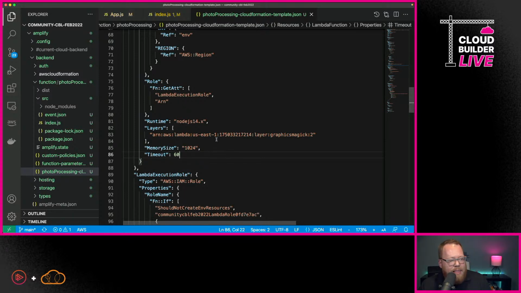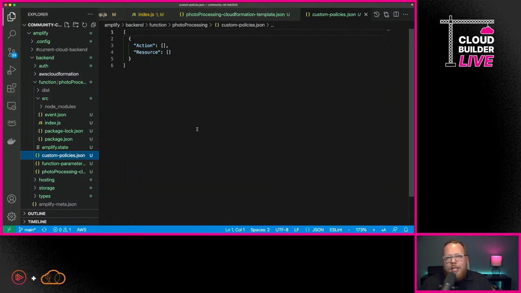So now that I've added that in, I'm going to show you another behind the scenes piece here. We talked a little bit earlier about IAM policies. Now, we need to give our Lambda function the ability to call Amazon Rekognition, because by default, it can't. So what I want to do here is highlight this and paste in a new value, which says that we want to be able to call detect labels on the Rekognition service, and we want to be able to do that on any resource for anything that we're passing in. So I'm going to go ahead and save this. And this gives us the ability to tweak two different areas of configuration for our Lambda function.